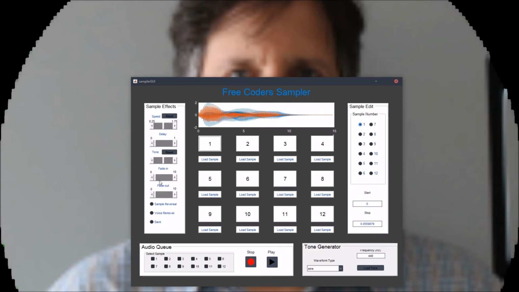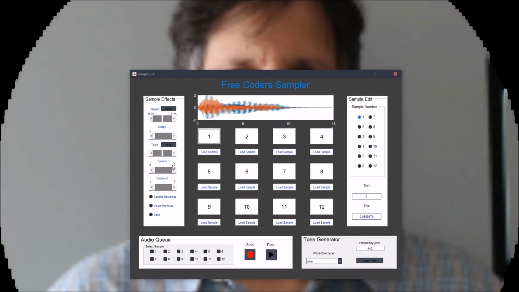Next we have the fade in. This will add up to 10 seconds of not as loud of a tone. So if you start at like just 1 second, it will play softer for a second, and then slowly rise in volume until it reaches the same loudness that it was normally. And then if you extend it longer, then it will take longer